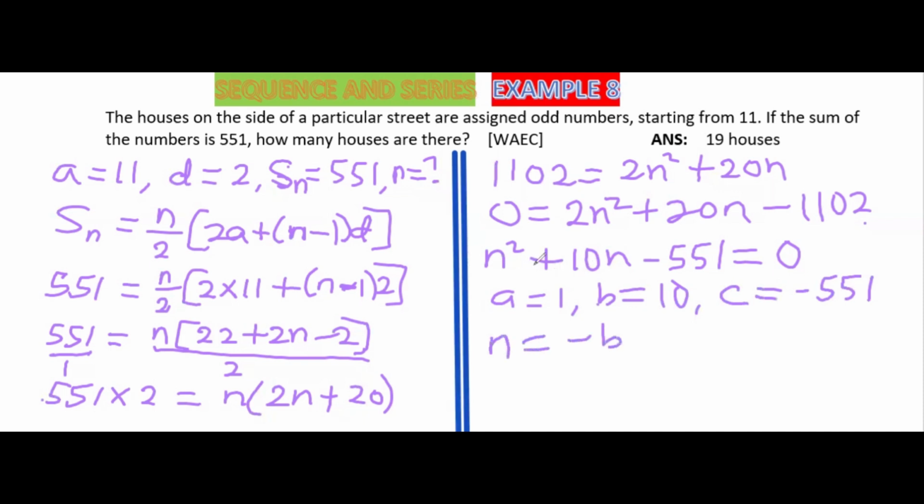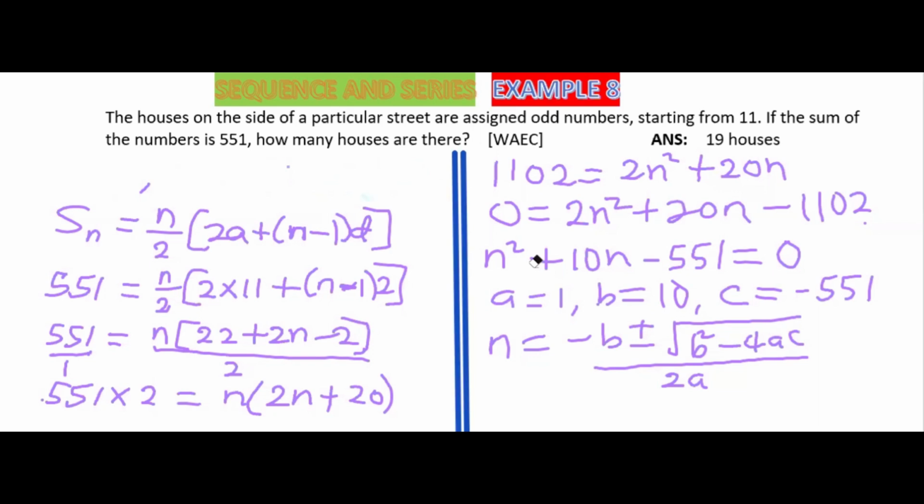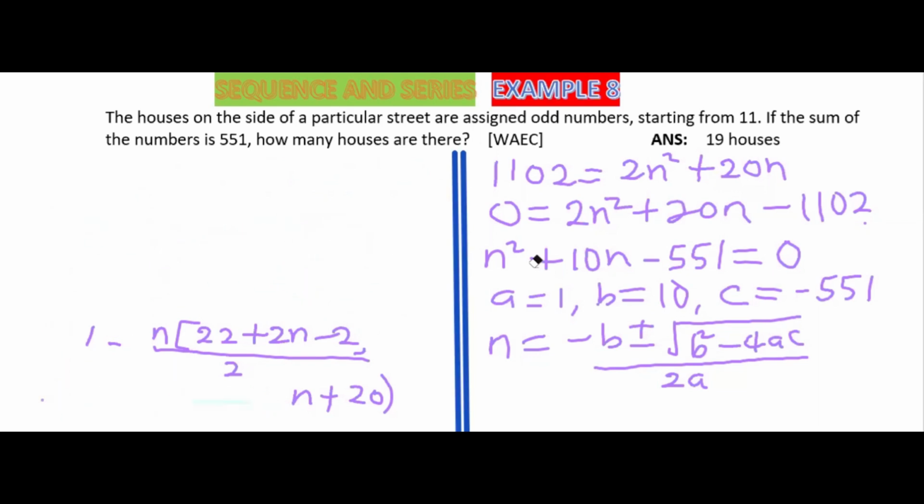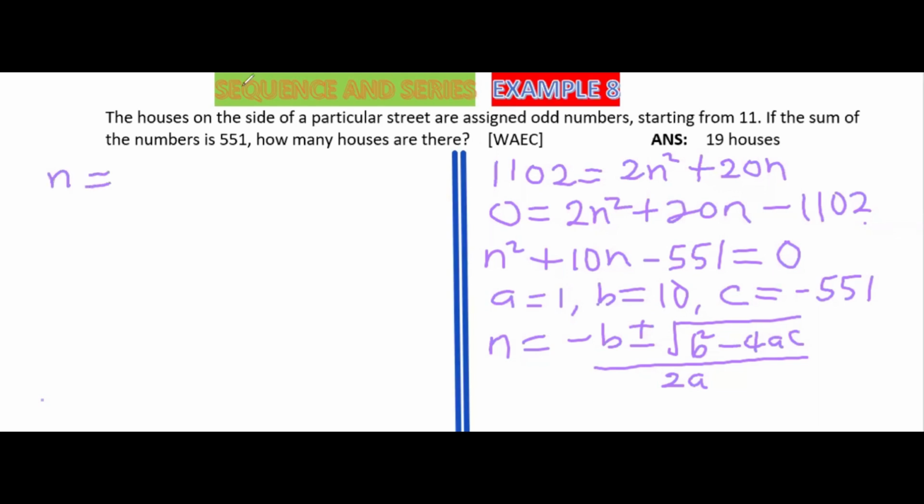So it will be n equals negative b plus or minus the square root of b squared minus 4ac, everything divided by 2a. So let's complete our working on this left side. So we want to substitute appropriately. We have n equals negative b. B is 10, so it will be negative 10